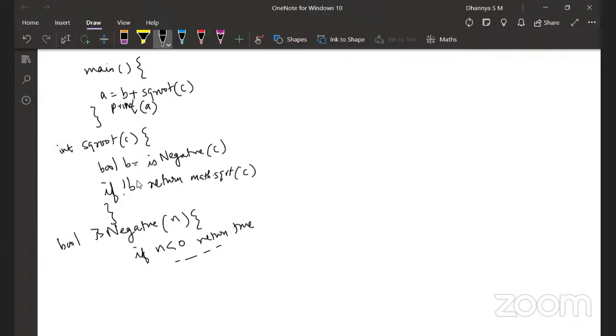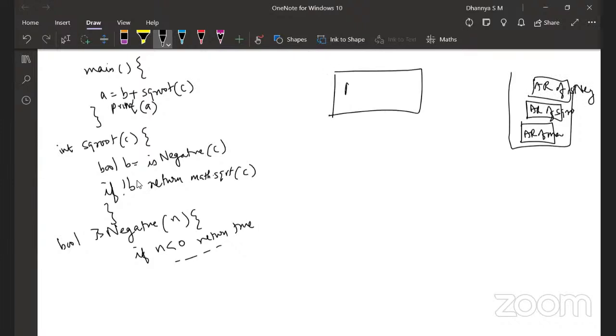Now inside the stack, you have like this, which is AR of main, AR of square root and AR of is negative, right? So let us see. This is like a bigger picture. Okay, this is negative.